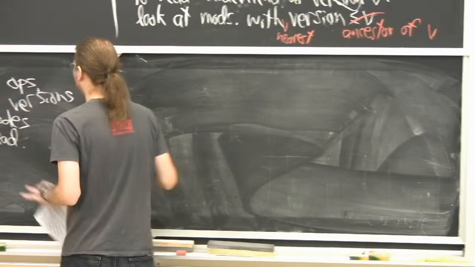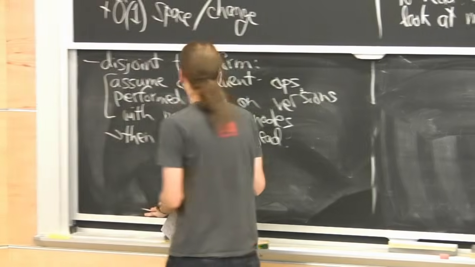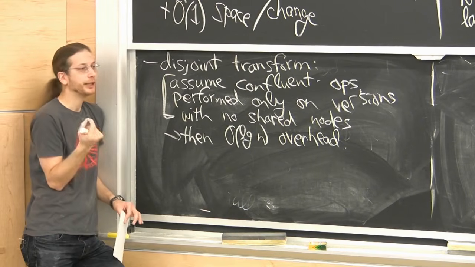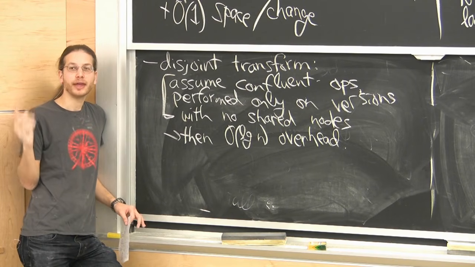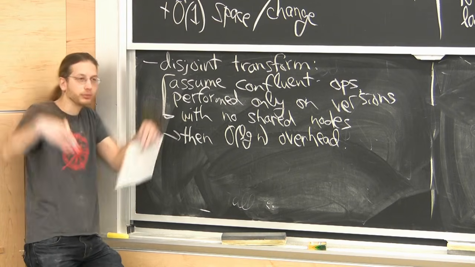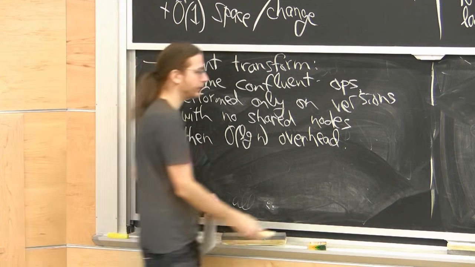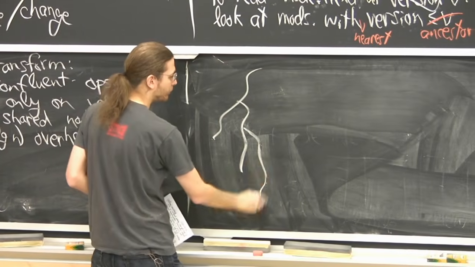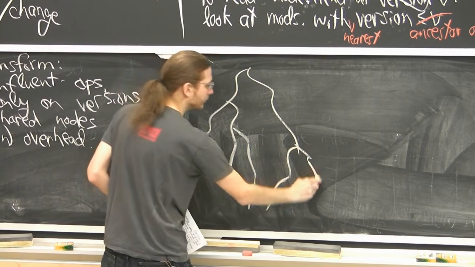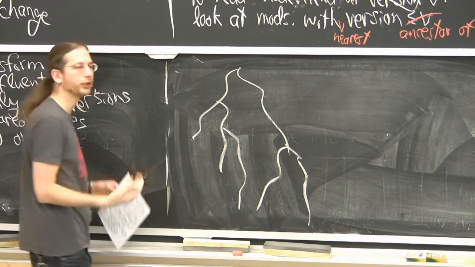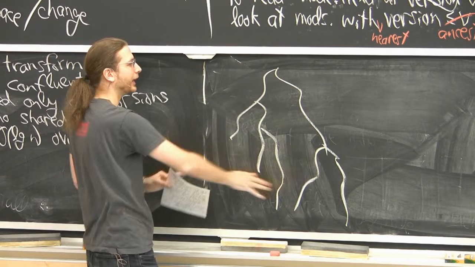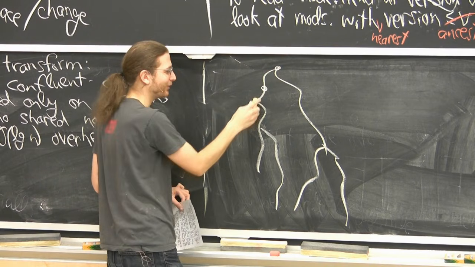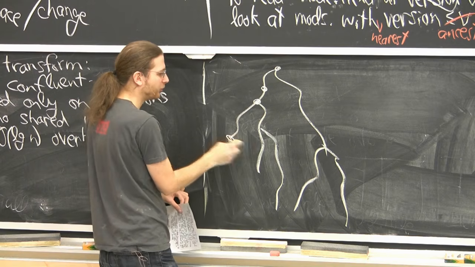In general, the versions form a DAG. But if you make this assumption and you look at a single node and look at all the versions where that node appears, that is a tree because you're not allowed to remerge versions that have the same node. So while the big picture is a DAG, the small picture of a single guy is some tree. Okay, I'm drawing all these wiggly lines because there are all these versions where the node isn't changing. This is the entire version DAG. And then some of these versions, I should say, that node that we're thinking about changes.